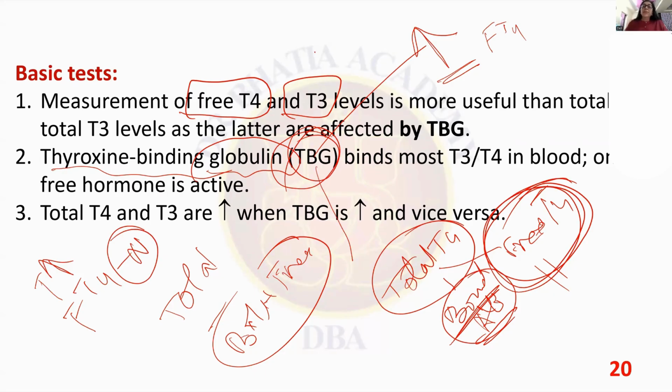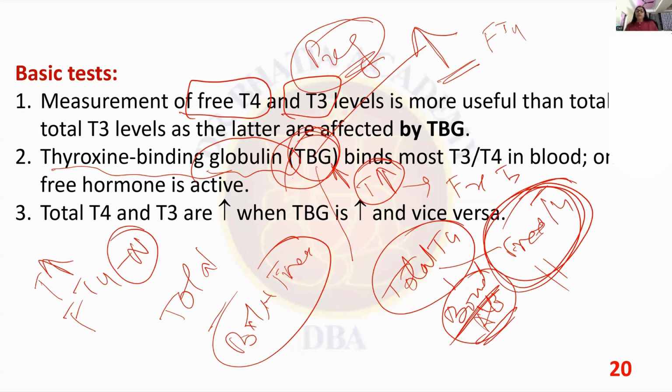Because it happens in pregnancy. During pregnancy, the thyroxine binding globulin is very high. As a result, total T4 या total T3 are very high, but they are not active. So, before jumping to treat, आप पेशेंट को ट्रीट करने से पहले प्रेगनेंसी में उसका फ्री T3 देख लो, फ्री T4 देख लो, अगर वो नॉर्मल है तो यू डोंट नीड टू ट्रीट।